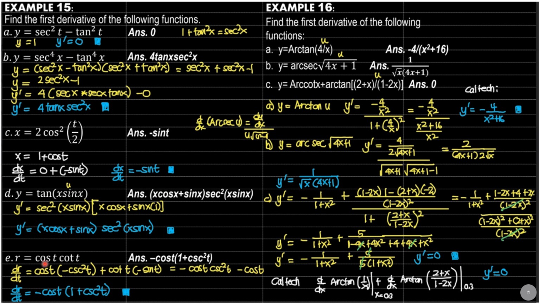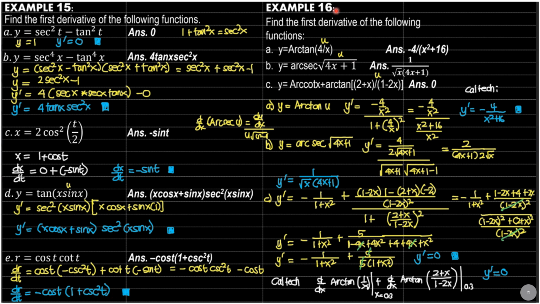So we have cosine t, derivative of cotangent, negative cosecant squared t, plus secant cotangent t, derivative of cosine, negative sine t. So take note that the second term cotangent t is cosine over sine t. Cancel sine t, so this is negative cosine t. So negative cosine t cosecant squared t, then minus cosine t. Factor out negative cosine t, then times 1, so we have negative cosine t there, then plus cosecant squared t. So that's negative cosine t cosecant squared t.